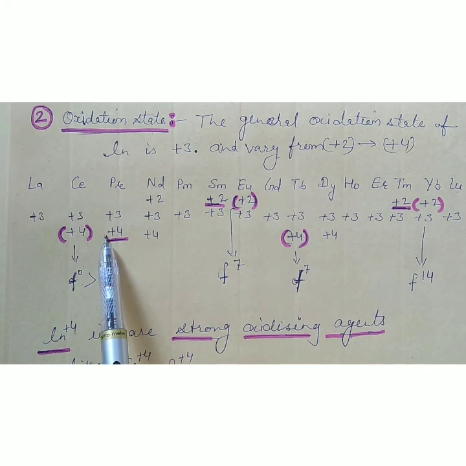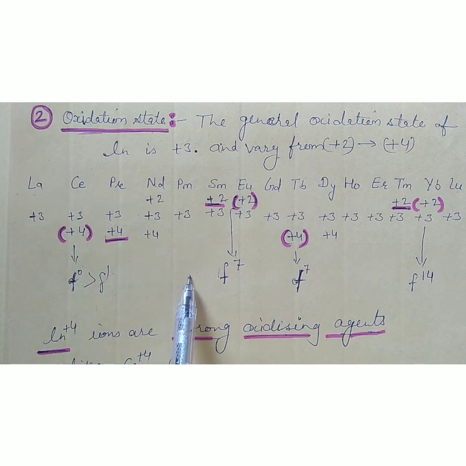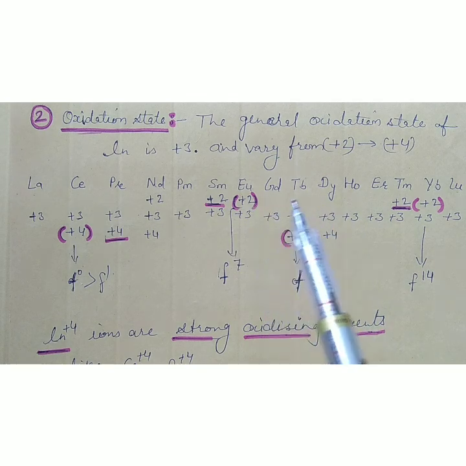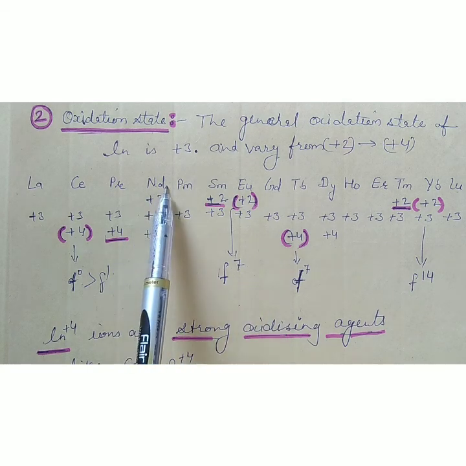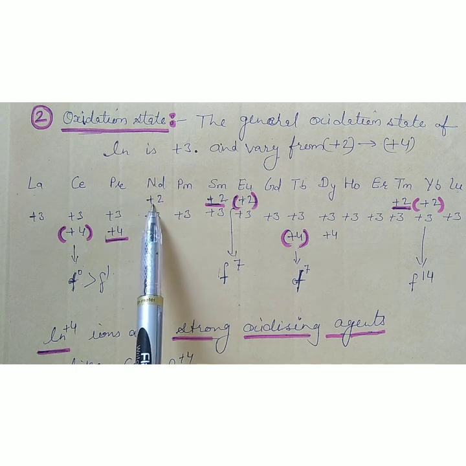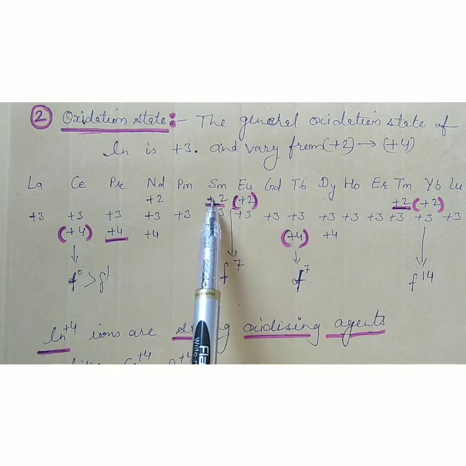Okay, in d-block elements, as we have seen, as unpaired electrons increase, the highest oxidation state increases and then decreases. There is no such change here, because f electrons are under strong influence of the nuclei, so only the outermost electrons are available to make bonds. Okay. Neodymium also shows +4 in exceptional cases, but the more stable state is +3. Pm +3. Samarium exceptionally shows +2.